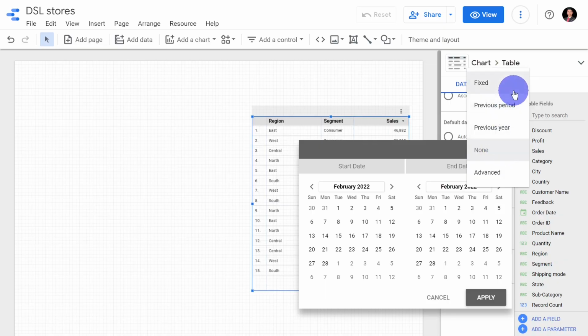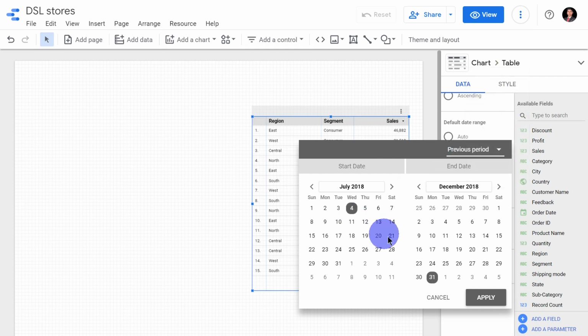That is, I can manually enter that the first half of 2019's data should be compared with the second half of 2019 or second half of 2018. So any fixed date range I can compare. If I select previous period, then since the data is displayed for the first 6 months of 2019, it is going to consider the last 6 months of 2018, from July to December 2018. So exactly the last 6 months from the used data will be selected if previous period